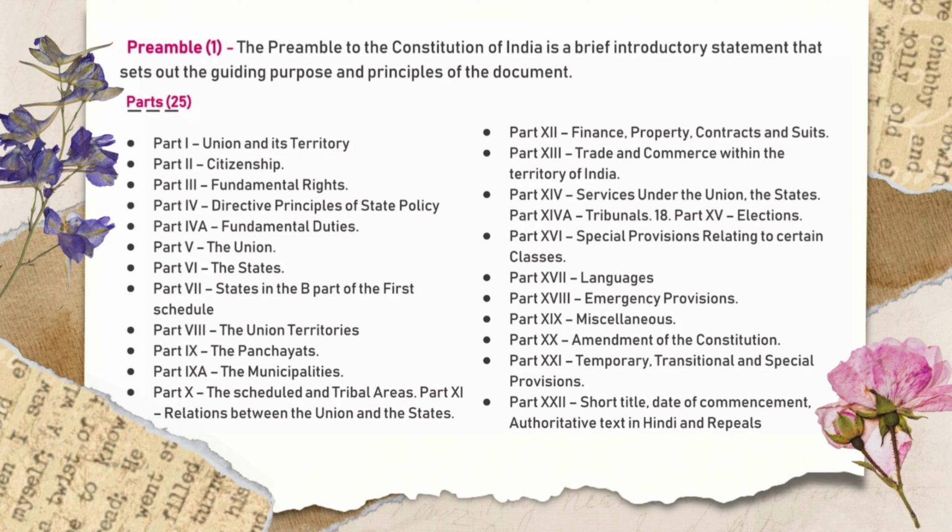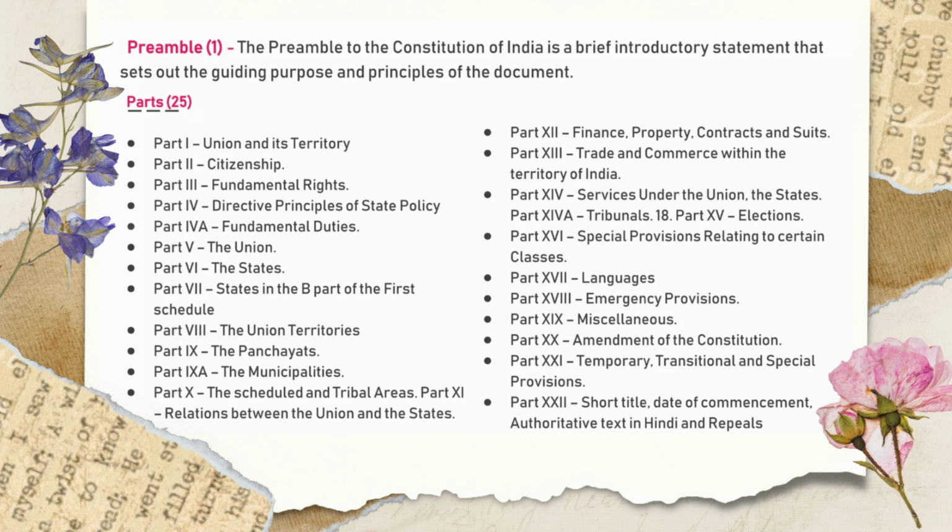The parts include Part 1, the Union and its territory; 2, citizenship; 3, fundamental rights; 4, directive principles of state policy; 4A, fundamental duties; 5, the Union; 6, the states; 7, the states in the B part of the first schedule; 8, the Union territories; 9, the panchayats; 9A, the municipalities; 10, the scheduled and tribal areas; 11, relations